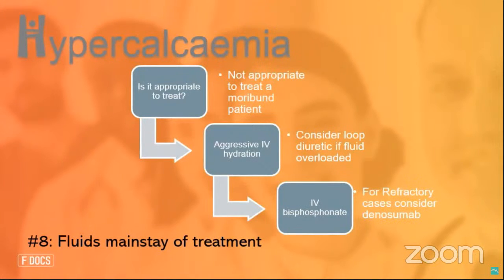But if it is appropriate to treat that patient and they've had an acute change as a result of this rise in calcium, then the mainstay of treatment must be IV fluids. And then if the calcium remains high, they are very likely to need for that to be followed with an IV bisphosphonate. Pamidronate or zoledronic acid are the usual drugs used for this. You have to remember then that the calcium level isn't going to come down immediately after administration of a bisphosphonate, and usually you need to wait at least 4 or 5 days for those levels to come down before you recheck them.